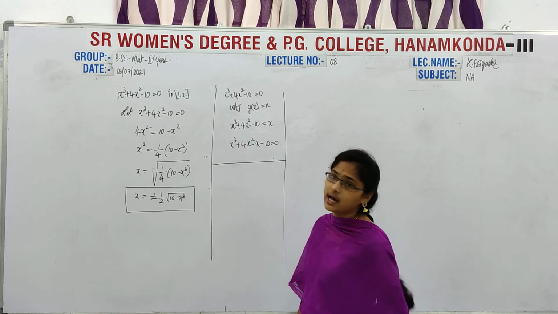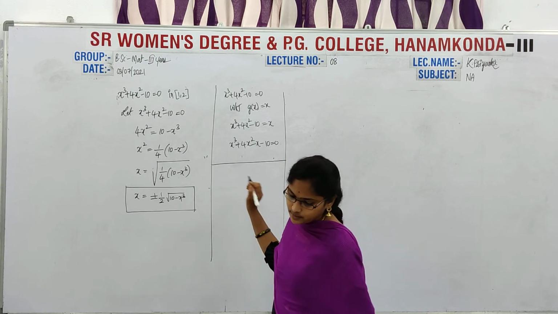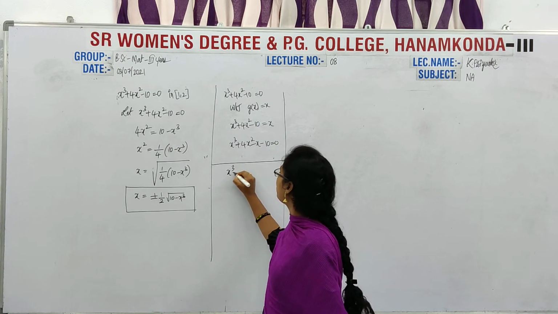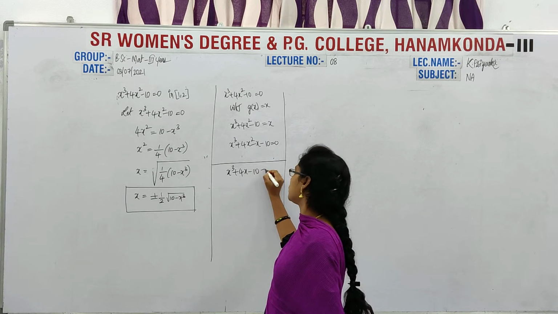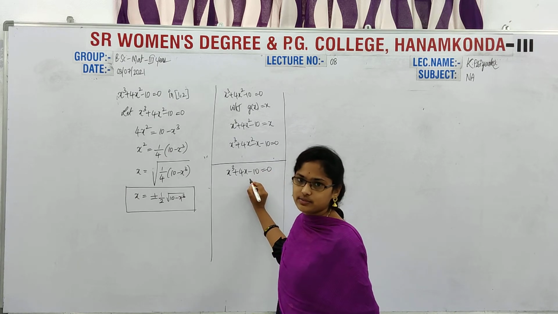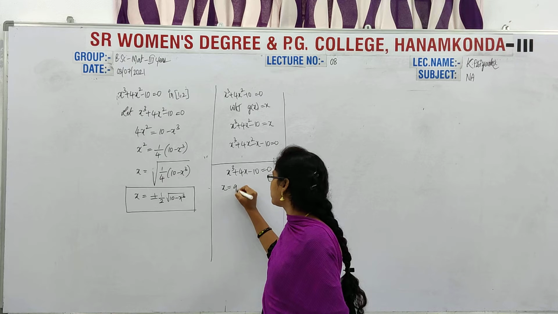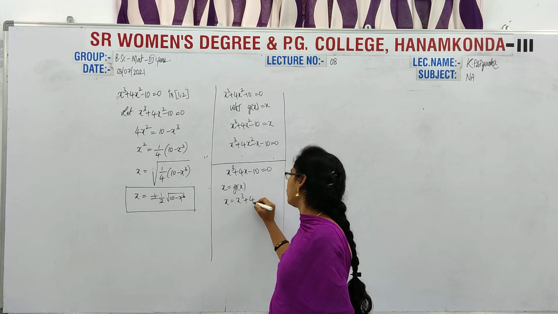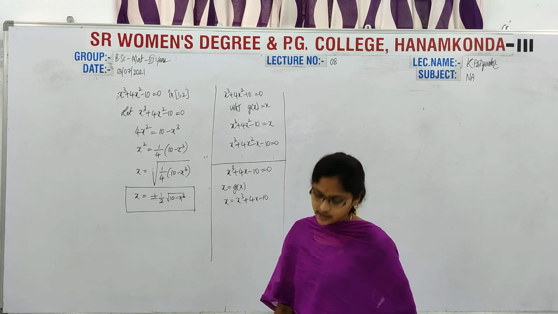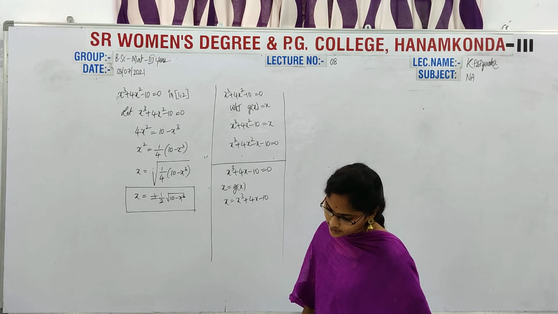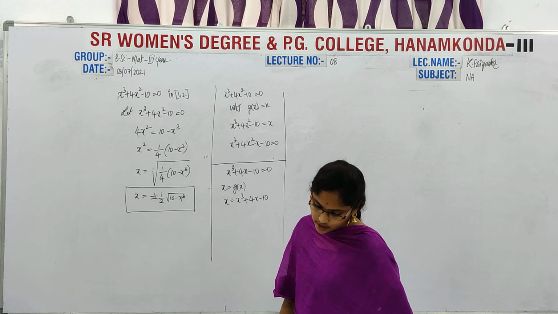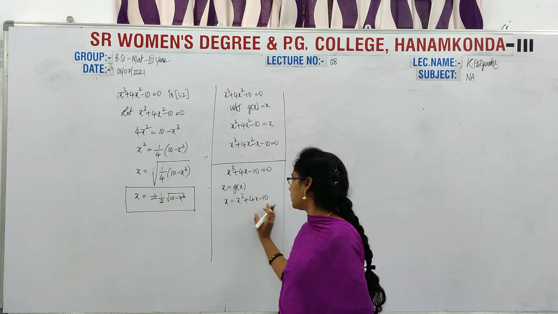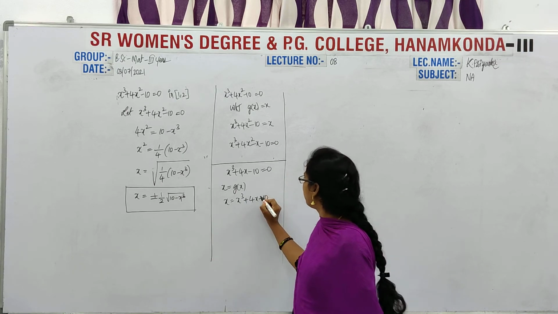Okay, next I am taking another possibility. Here what I am doing is I am taking x cube plus 4x square minus 10 is equal to 0. Again I am considering it as some g of x. So what is the formula? x is equal to g of x. Now x equal to x cube plus 4x minus 10. So like this I have. Here simply I am taking x cube here and I am taking the remaining values to this side, and it is 4x square.